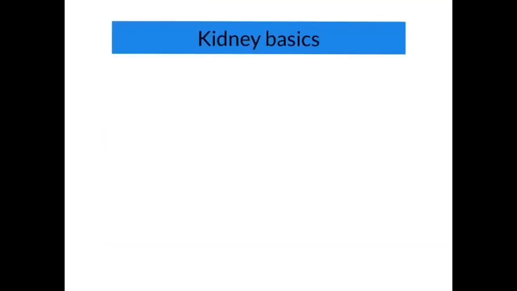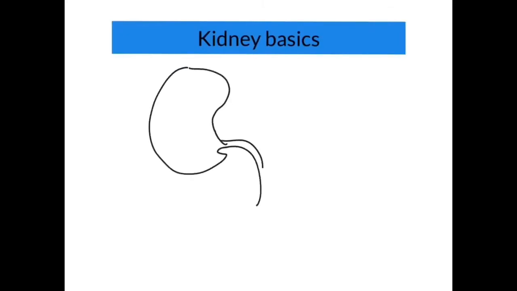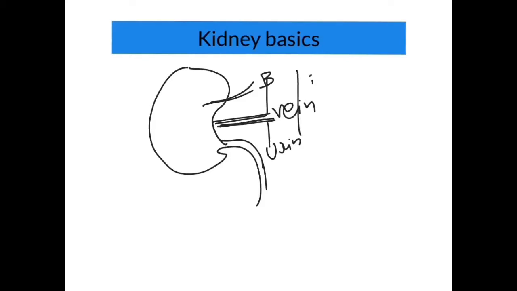So coming to the basics of the kidney, basically there are two kidneys in our body, and each kidney has one outlet, and also has the inlet. The inlet is coming from the blood, and the outlet is in the form of urine and also in the form of the vein. So remember that the vein coming from the kidneys directly goes to the inferior vena cava, first thing. Second thing, blood is coming in the kidney and gets filtered.